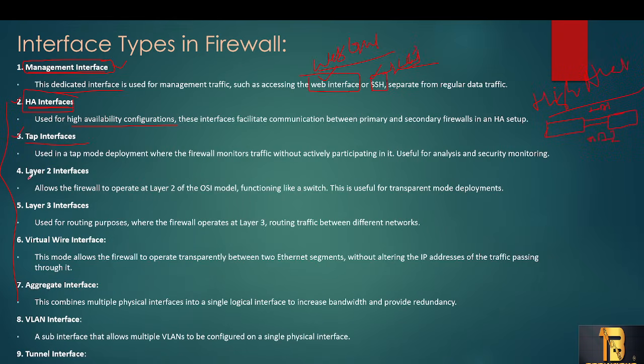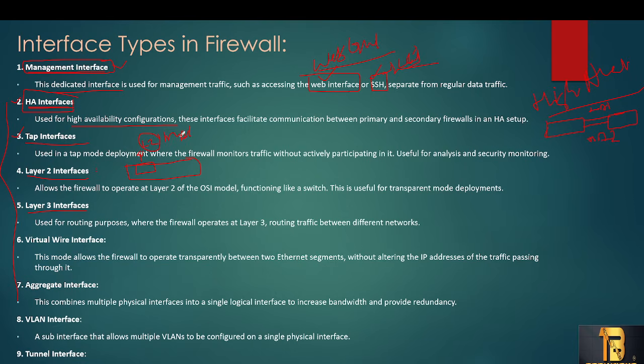Before that, we have layer 2 and layer 3. What is layer 2? In the firewall, whenever you configure a port as an L2 interface, it acts as a switch, passing traffic based upon MAC addresses.